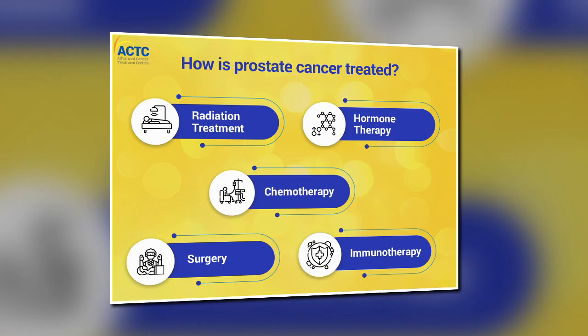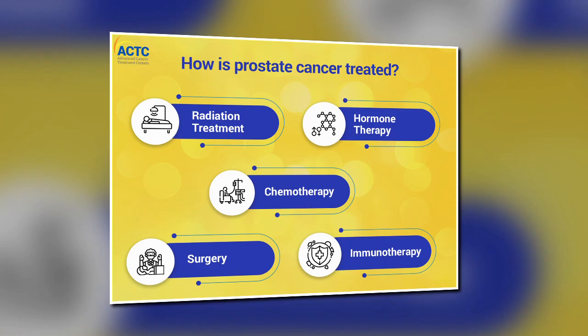Hormone therapy. Male hormones in the body make prostate cancer grow. Hormone therapy reduces the levels of these hormones, which can shrink the cancer. For hormone therapy, men might take medicines, or they might have surgery to remove the testicles. Male hormones are made in the testicles. This treatment is usually only for men with advanced cancer. However, some men with early stage cancer get it along with radiation or surgery.